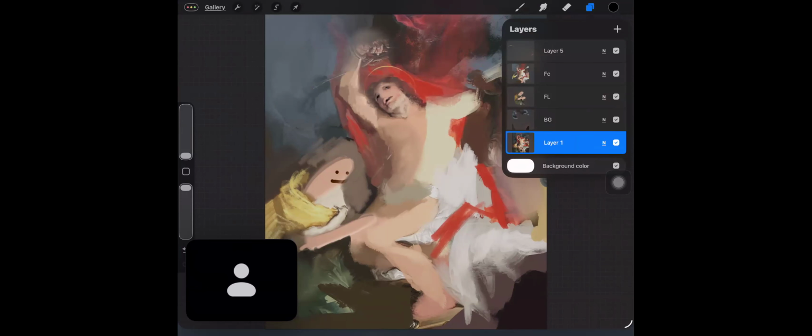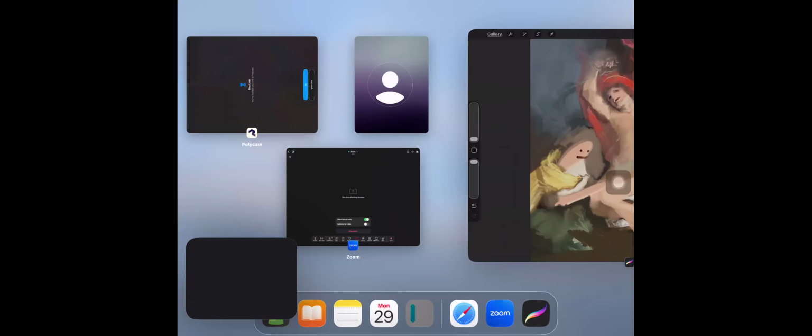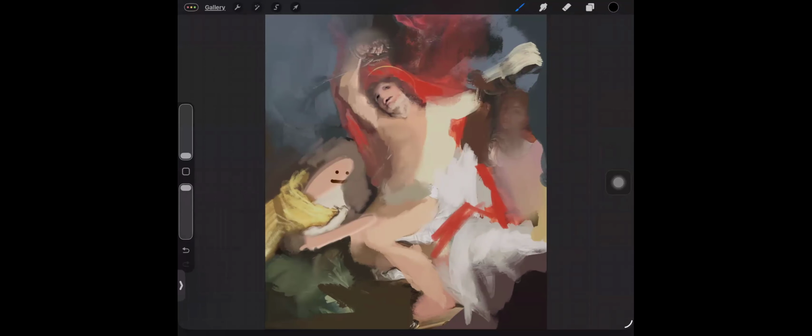Yes, I see it. Awesome. Okay, so I'm working in Procreate here. This is one of my drawings. I like to work inside of Procreate, and let me see if I can get rid of this. Okay, so